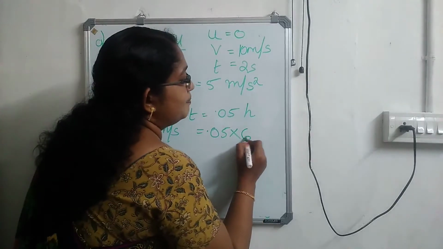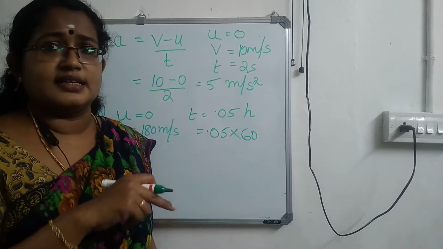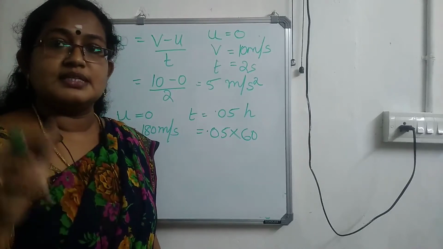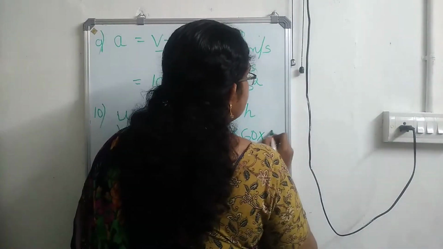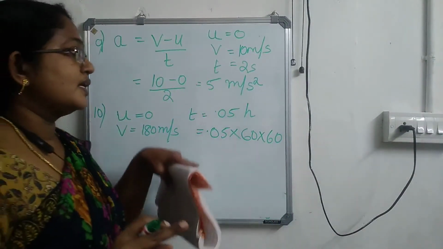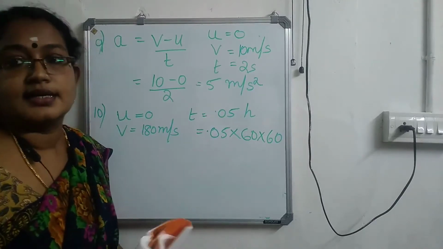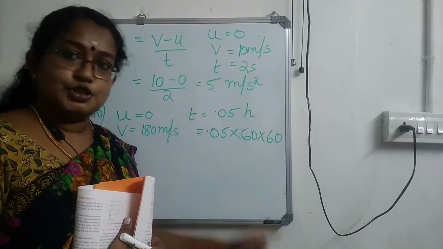So to convert to minute, we will multiply with 1/60. But it is to second. 1 hour is 60 minutes and 1 minute is equal to 60 seconds. So you have to multiply with 60 twice in order to convert hour to second. Did you understand? Hour to second means you have to multiply.